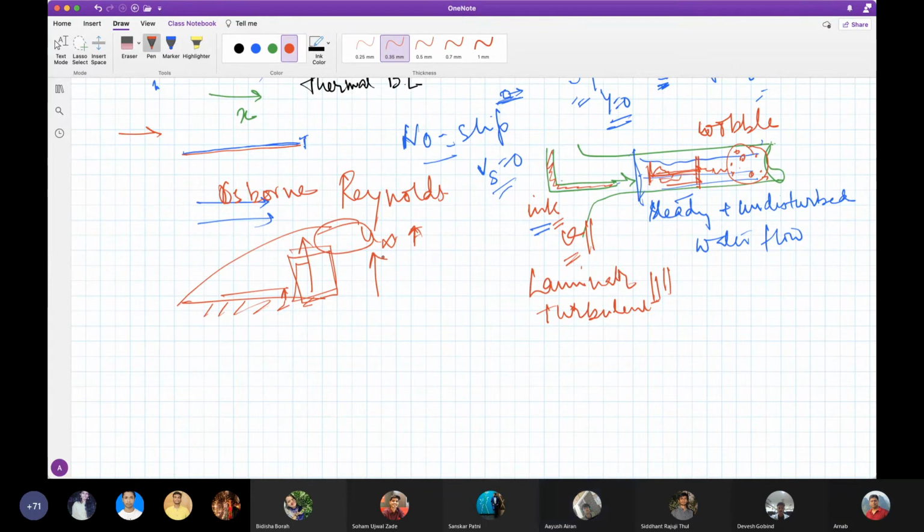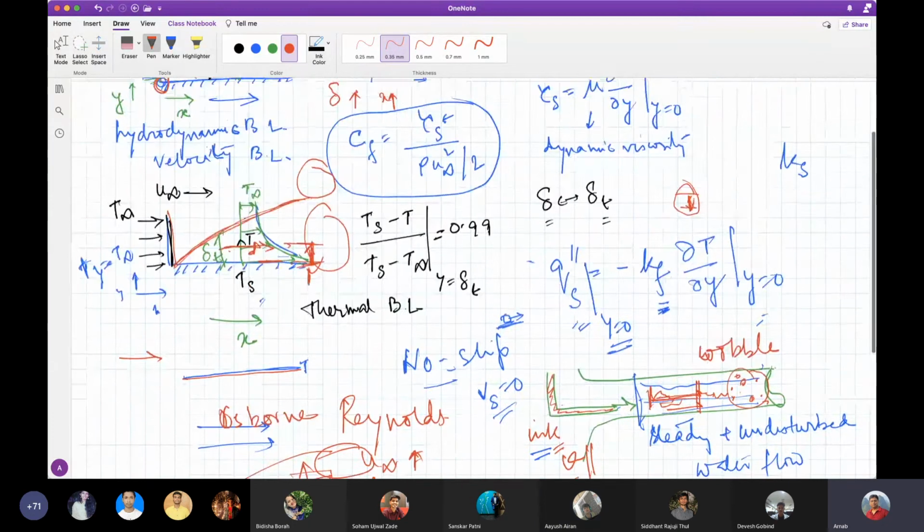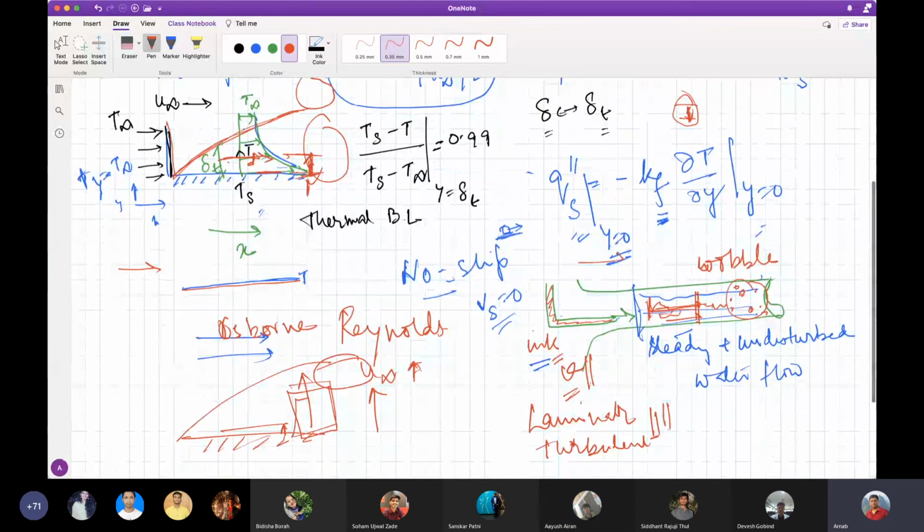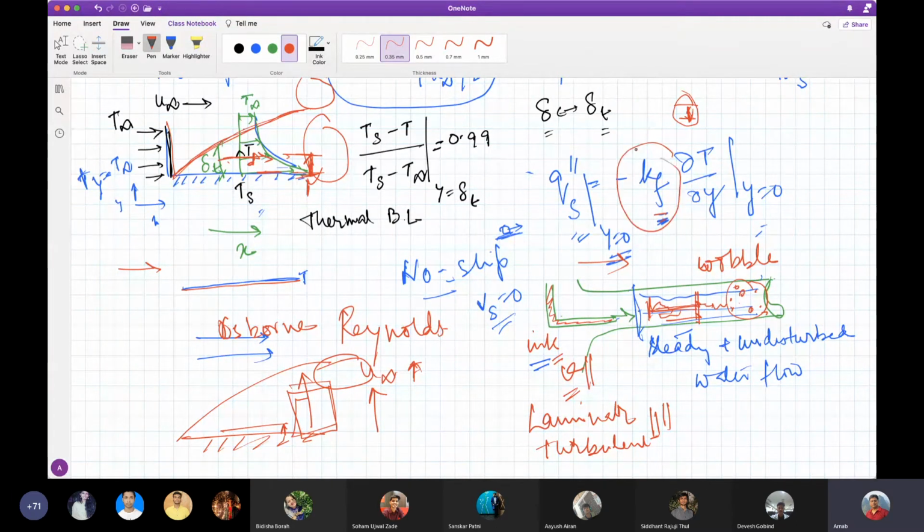Is it clear? Yes, sir. Now it's clear. And that is why, in this step, for the local heat flux calculation, we applied conduction in the liquid phase. This is the conductivity of the fluid. Is it clear to everyone? Yes, sir. So beyond the boundary layer, there is convection. Beyond the boundary layer, we typically call this convection.